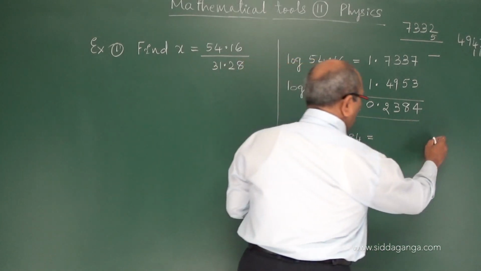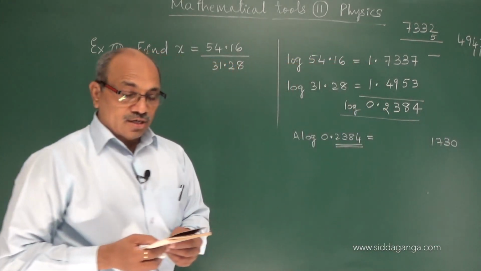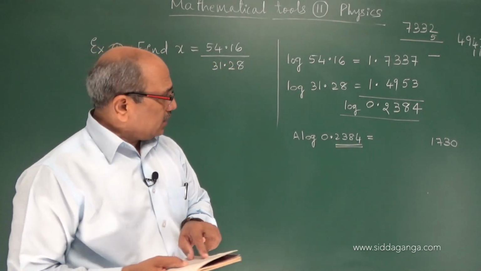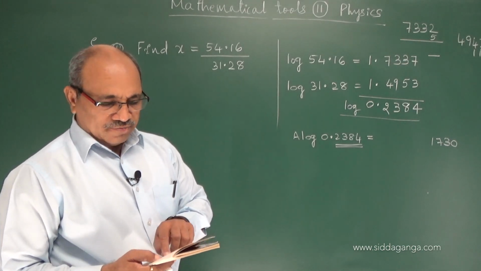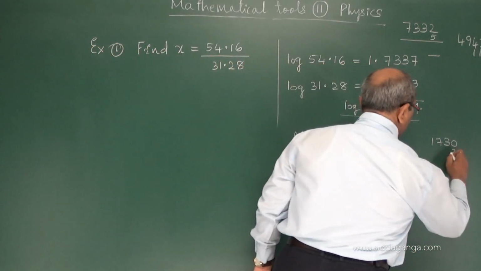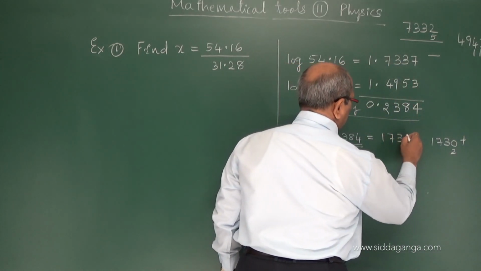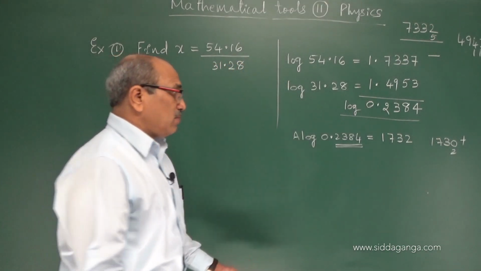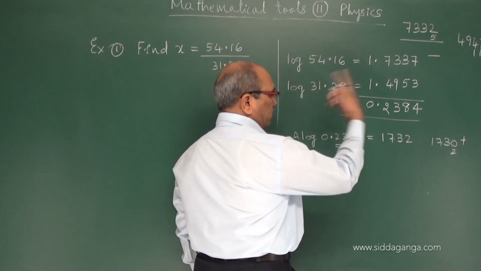You will get 1730, anti-log, I am saying. And for the 4 mean difference, at 23, 8 and 4, you will have the difference 2. This is to be added and you got the value 1732. Where I have to put the decimal point, however no multiplication is necessary, 0 after 1 digits.